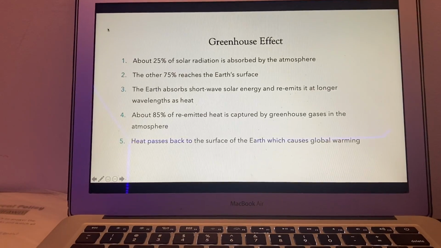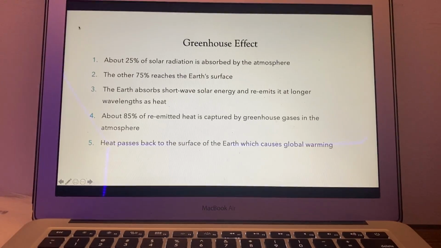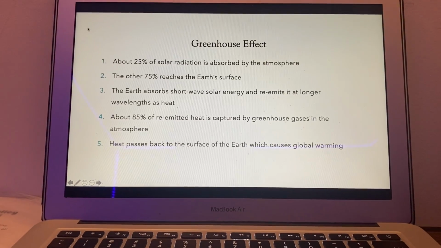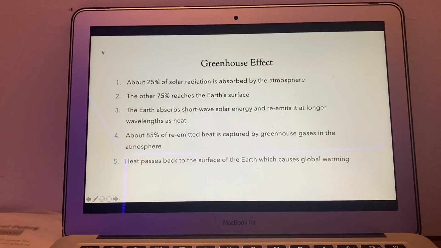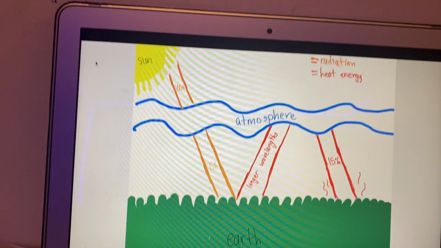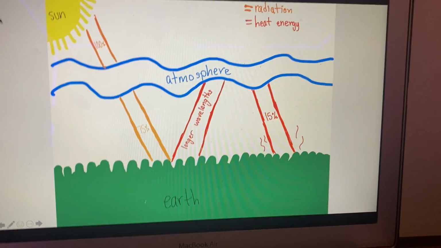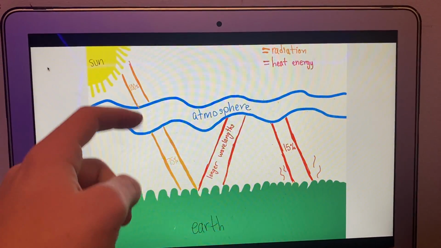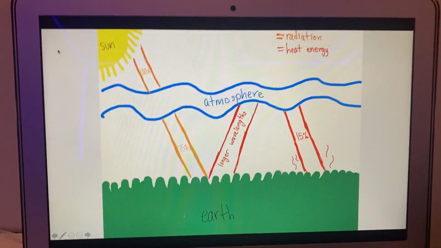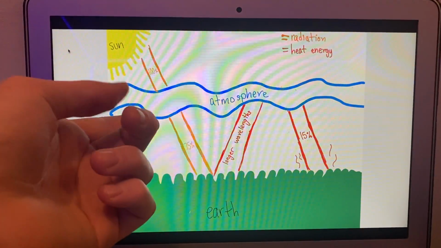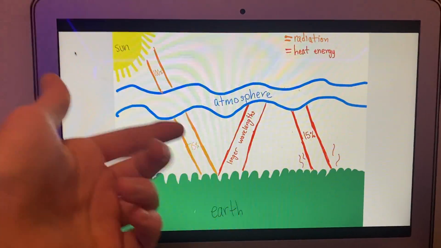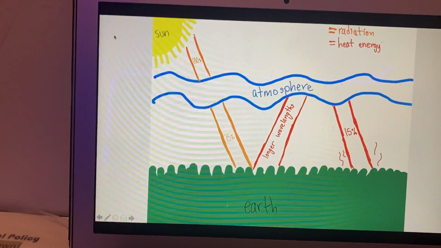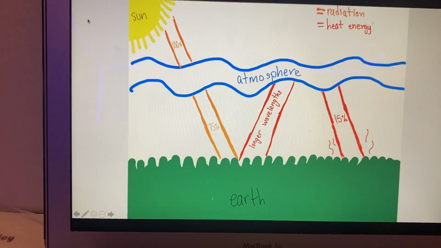Now, the greenhouse effect is basically 5 simple steps that can explain why global warming happens and how it is responsible for it. So as you can see on this next slide, I will go through and explain the 5 steps. So step 1 starts over here, and this is solar radiation from the sun enters Earth at 100% and passes through the atmosphere. Once it does so, the atmosphere retains or absorbs about 25% of the radiation, so 75% actually reaches the Earth's